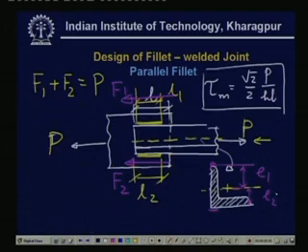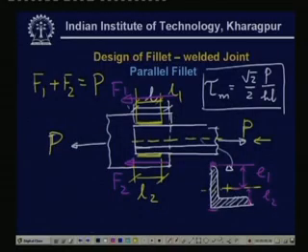Now, we want the welds not to be affected by any bending stress. So, we have to select L1 and L2 in such a way that the resultant of F1 and F2 passes through the application of P, and normally we apply the load which passes through the sectional centroid of this member. So, now we have another condition: if you take moment about this axis, F1 times E1 will be equal to F2 times E2. Again we have this relationship,